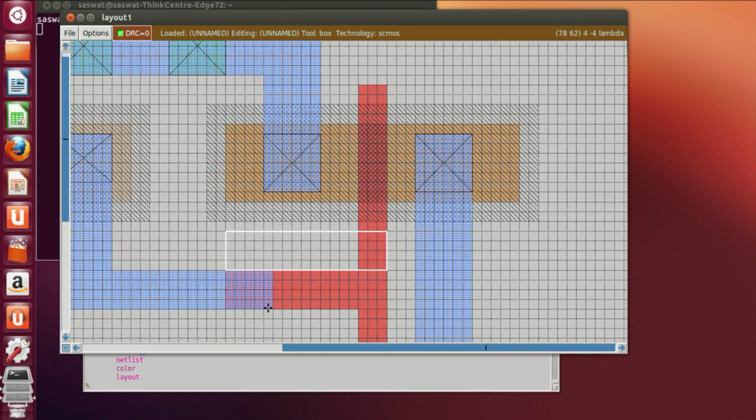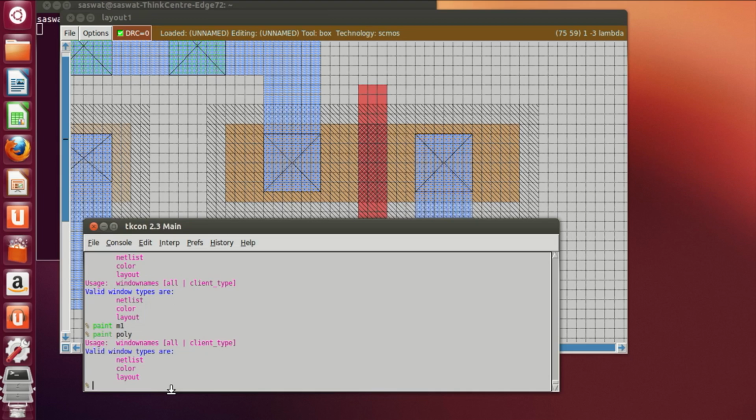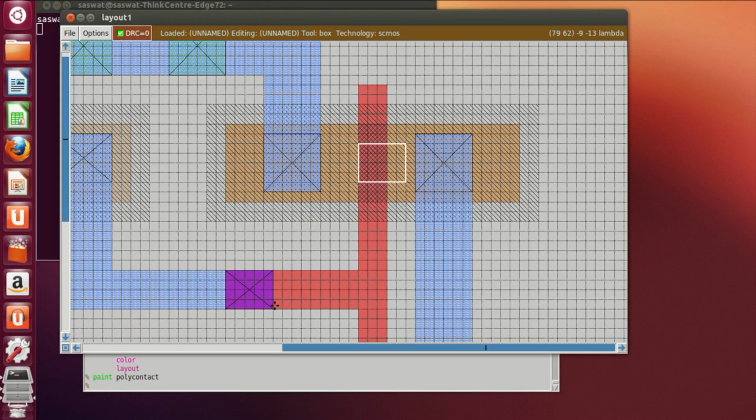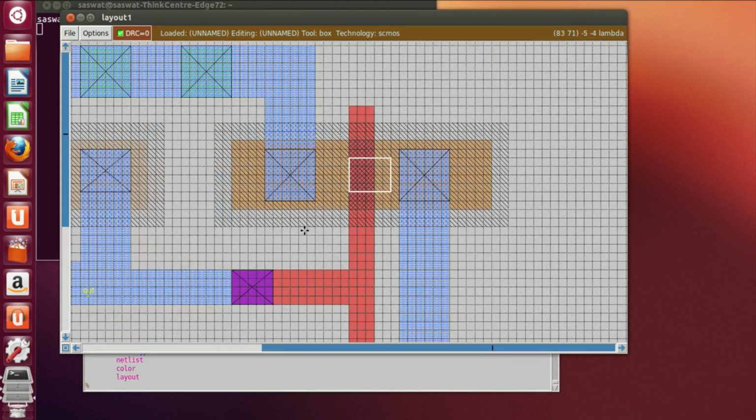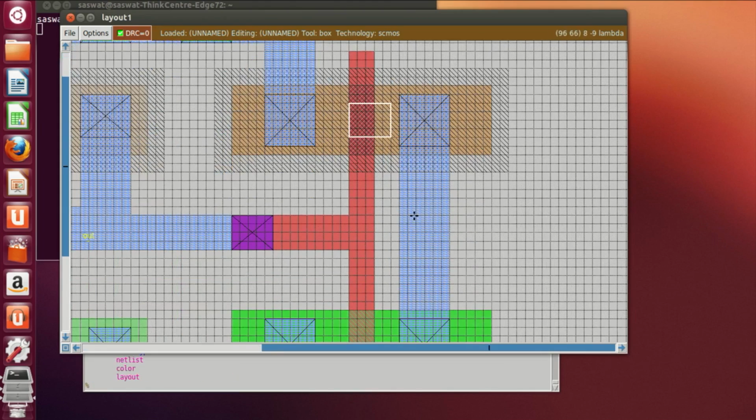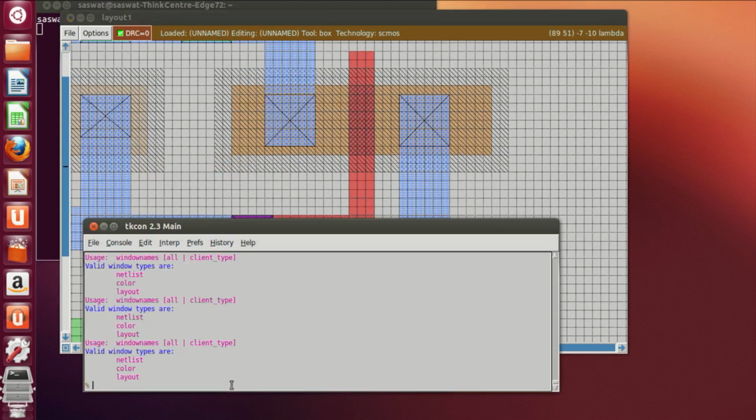Now this is overlapping between metal and poly layer. So select the area, type paint poly contact. Now this is the obtained output, that is Y. So label it as Y